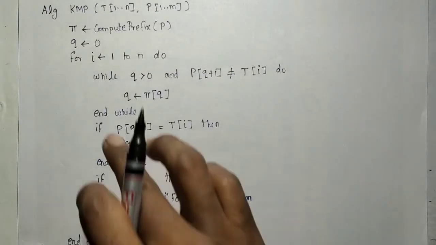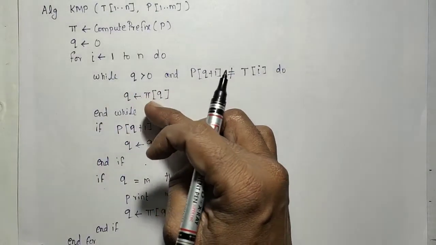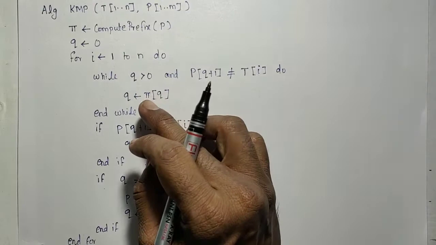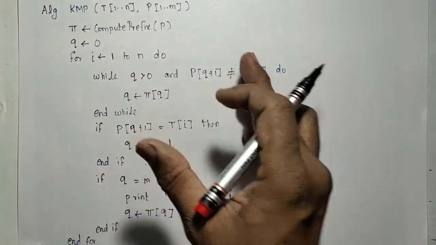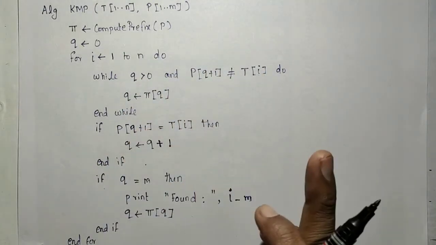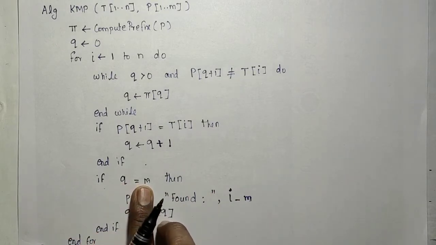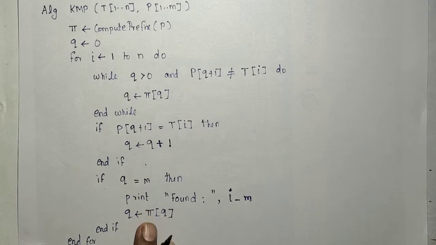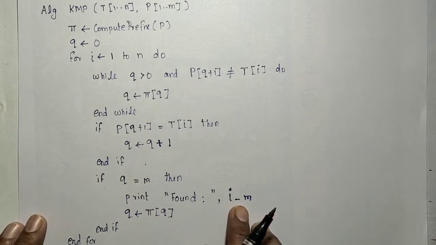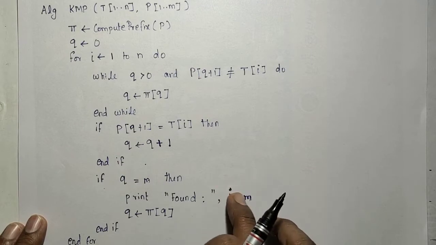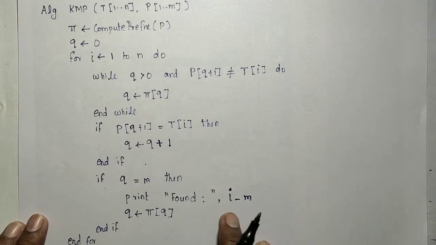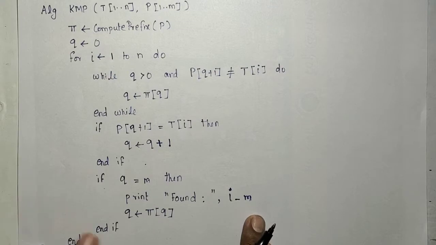There are 3 modification chances in that q: first, second, and then third. Finally the number of characters matched reaches m, where m is the length of the pattern. Finally you can print i minus m. That is the number of shifts required to obtain the pattern, which is equal to i minus m, and that will be printed. In that case also the pi of q will be changed.